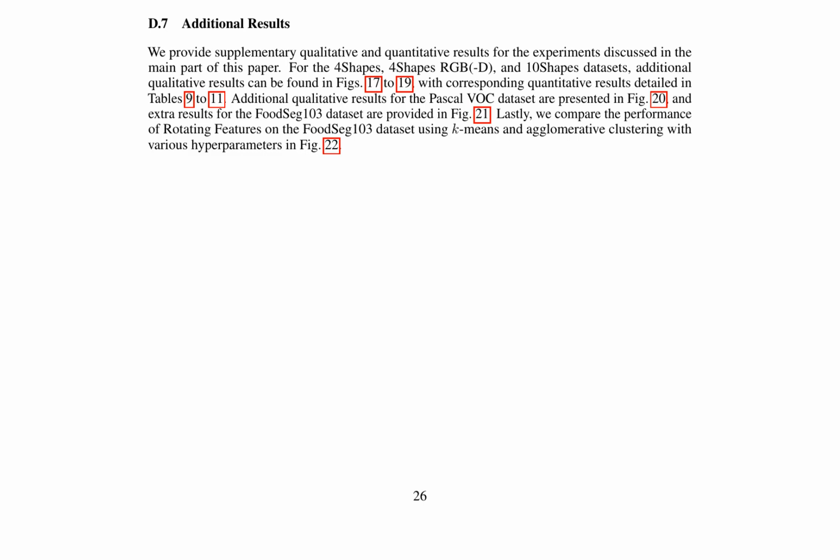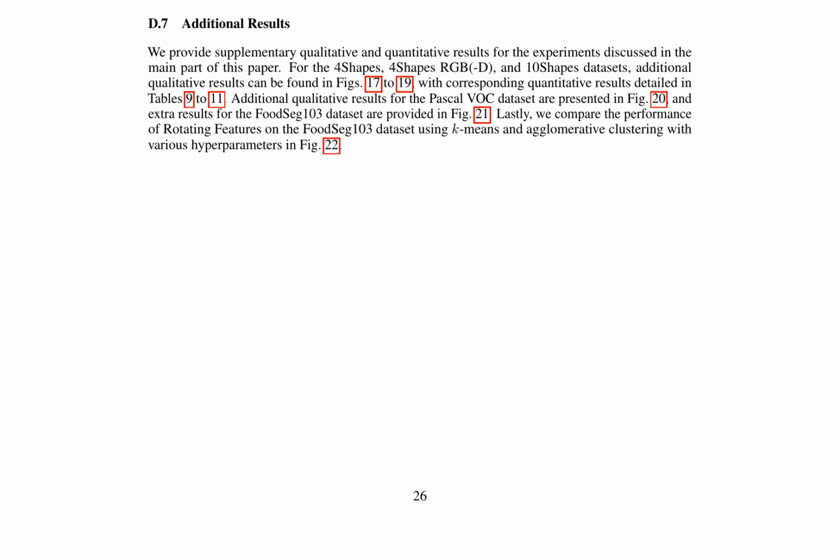The supplementary section, D7 Additional Results, provides further qualitative and quantitative results for the experiments discussed in the main part of the paper. These include additional qualitative results for the 4 shapes RGB, D, and 10 shapes datasets, as well as the Pascal VOC and FoodSeg 103 datasets. The performance of the rotating features model on the FoodSeg 103 dataset using K-means and agglomerative clustering with various hyperparameters